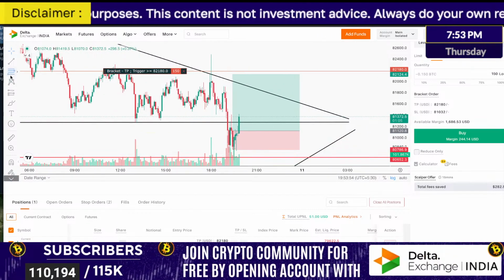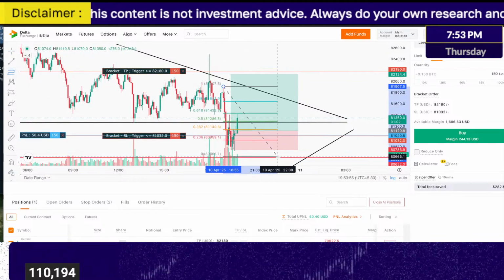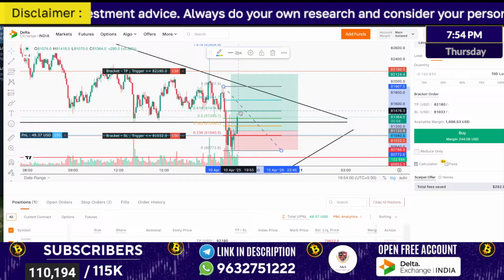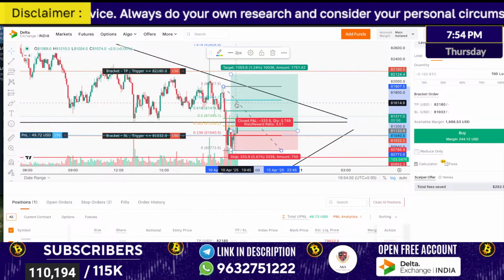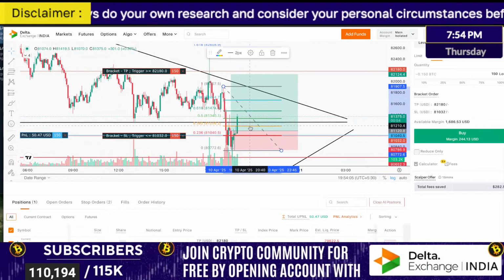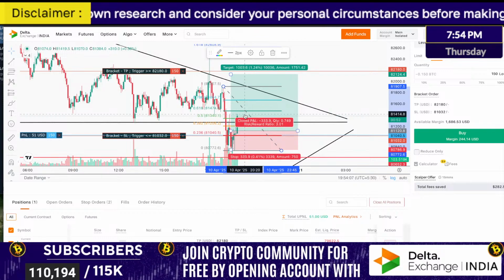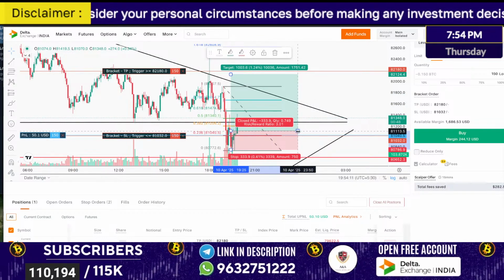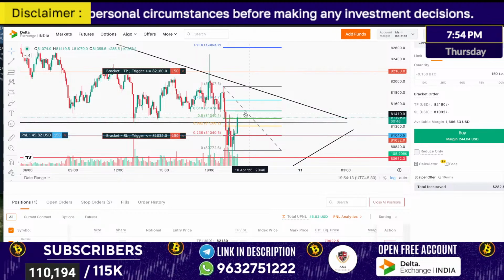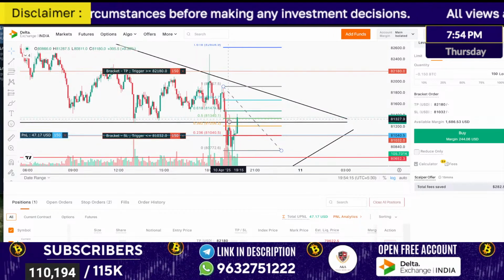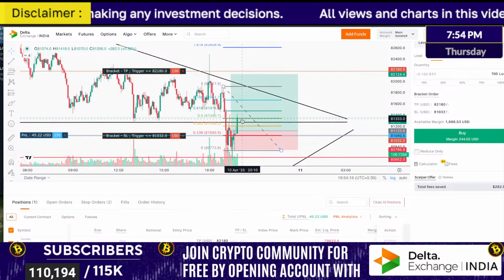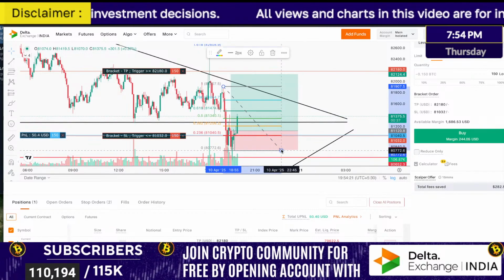For some of you, I might say, okay, this is a 50% correction. Next we have the 618 level, the 786 level. All of these might be a reversal area. The seller who is here can put pressure again. If you want to book your profit, you can do that. The market as of now is at the 0.5 level of Fibonacci. Who wants to book profit, you can do that.